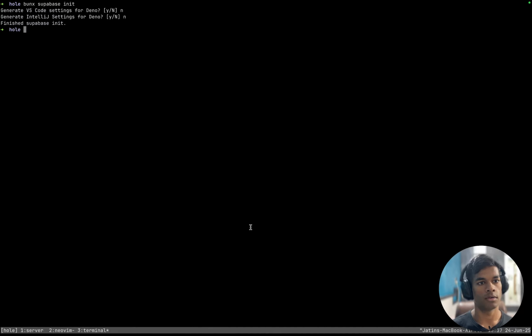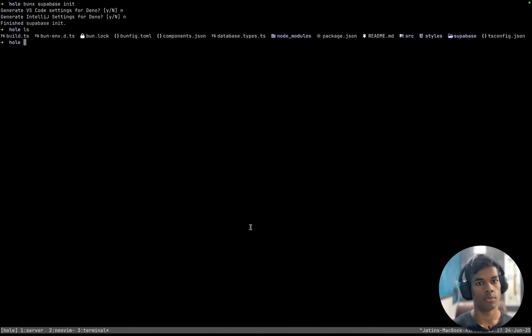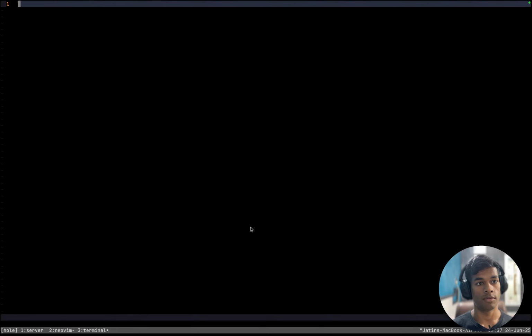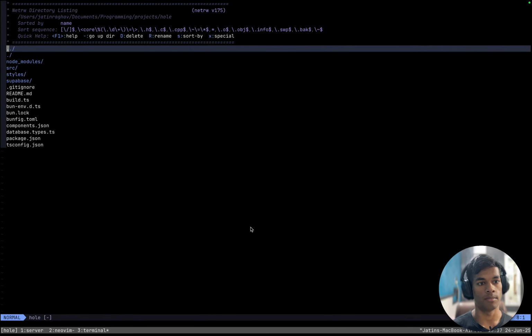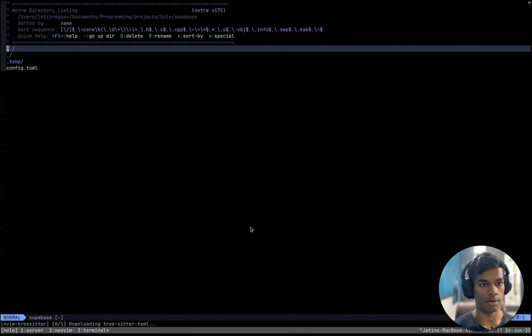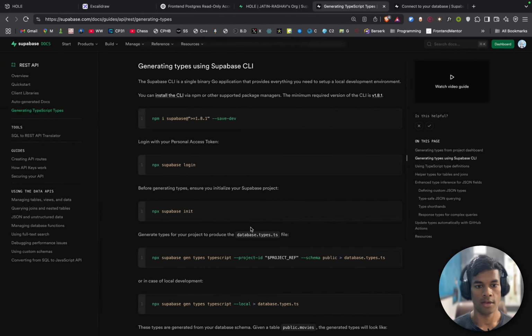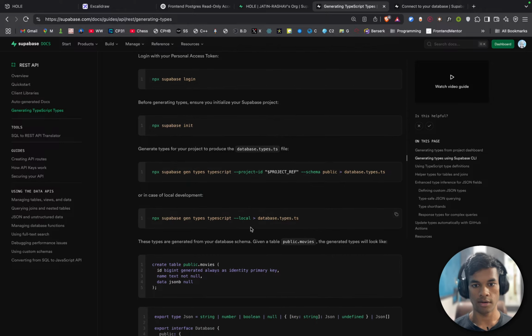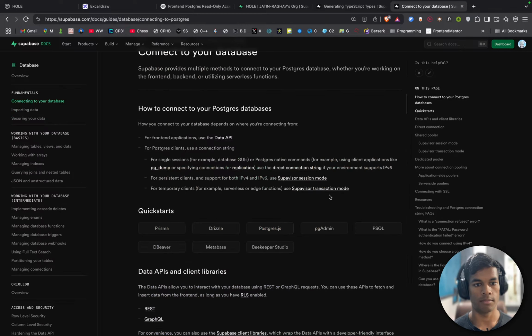No. What did supabase init do, database or types? It is initially empty. A supabase config.toml file. Okay. Now after supabase init, project ID, schema, and so on.